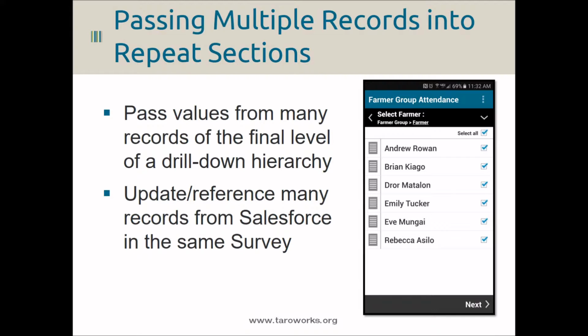Finally, if your mobile users ever use our repeat job button, you're going to love this feature. In currently published versions of TaroWorks, you can use each drill-down hierarchy to navigate to a single record to use in your survey. With TaroWorks 4.4, your mobile users will have the ability to select many records in the final level of the last drill-down and pass fields from each of those records into their own instance of a repeating